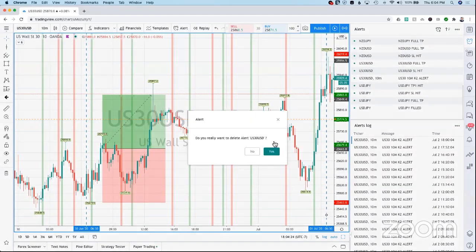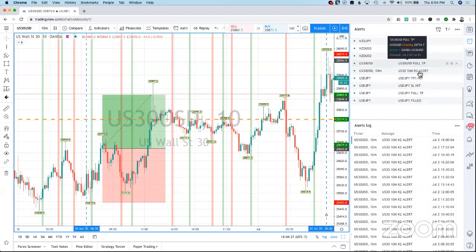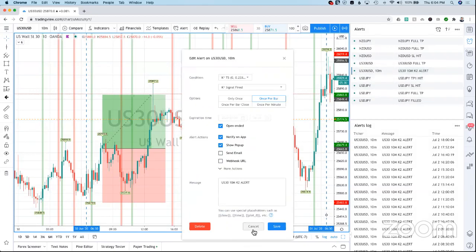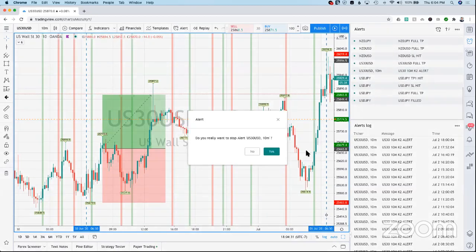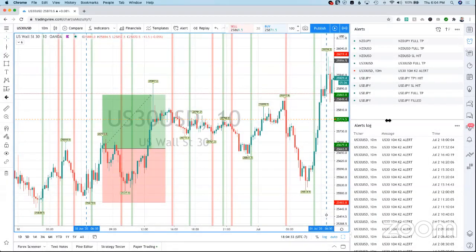Yeah, there's no stop loss there. Clear hit TP. I'm gonna turn it off. So if you want to set an alert for US 30, you just go to